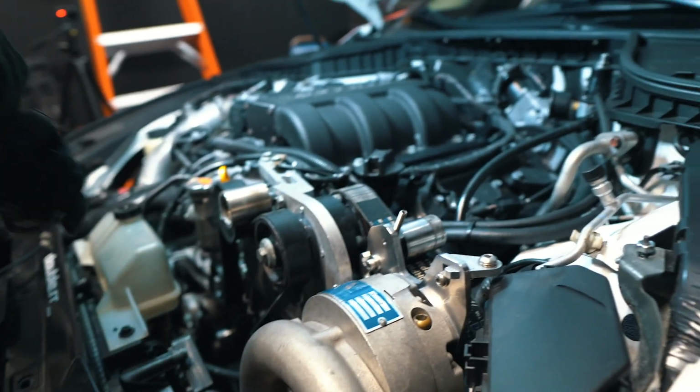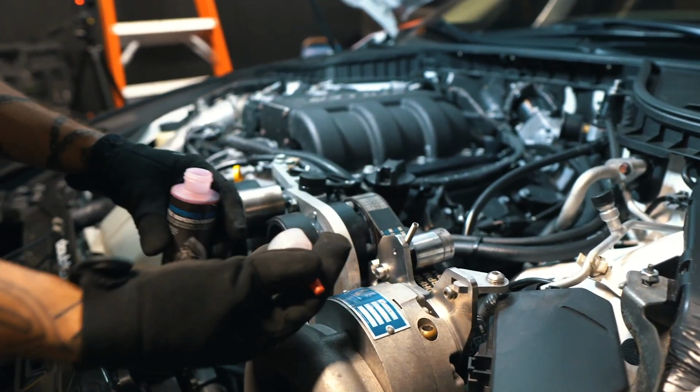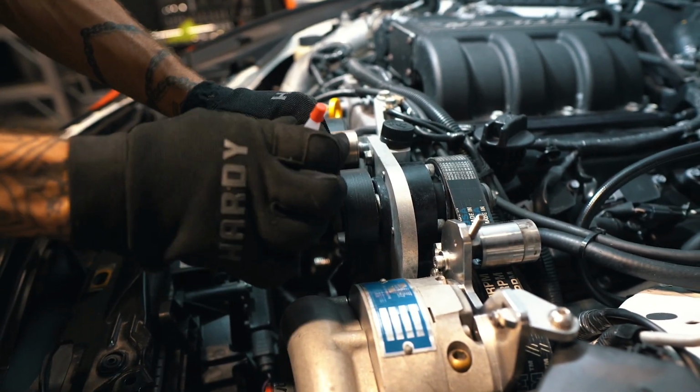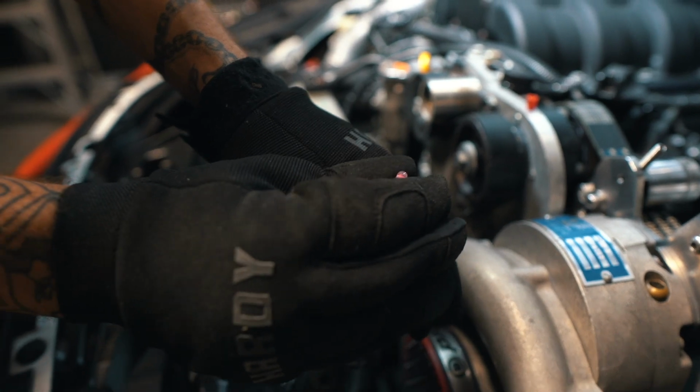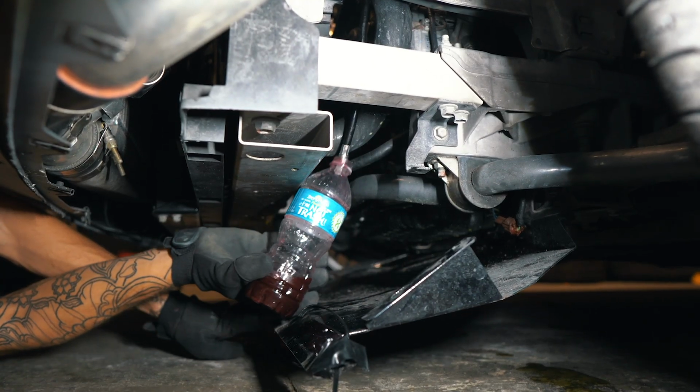All right, so let's go ahead, let's open this up. It's as simple as just opening the cap up, putting the nozzle on that they give you from Vortec when you order it. I'll stick some sort of thicker needle because this takes a while for it to come out. So now that this pretty much is drained out, no more is dripping,